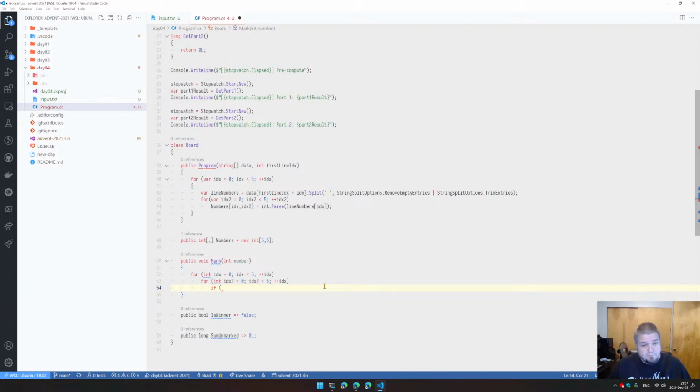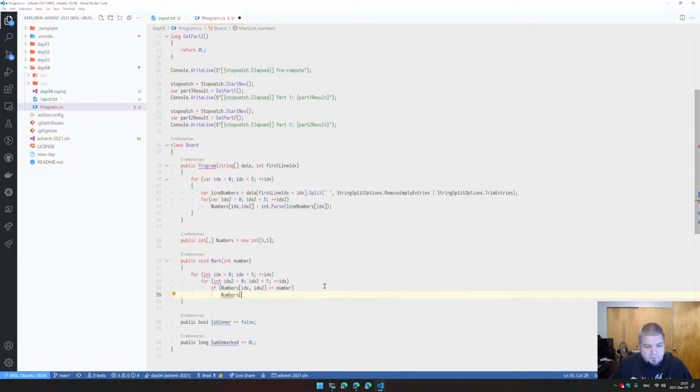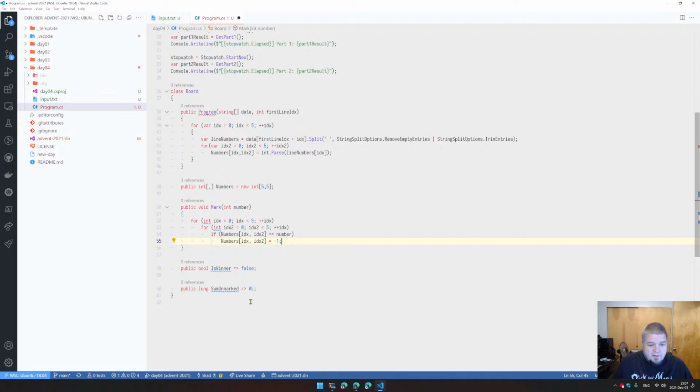If numbers of IDX2 equal to the number, then we're going to say numbers of IDX2 is -1, right? And then sum of unmarked will then become, let's see, will then become,